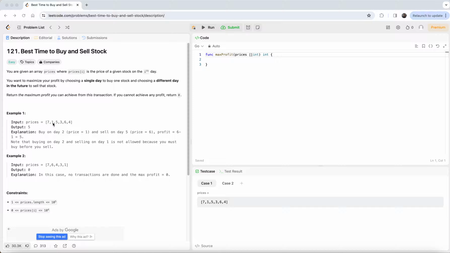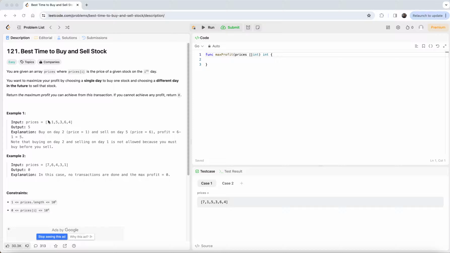Left at 7 and right at 1, and then we'll check: whatever the price at the left pointer, that's the price to buy the stock. The first one we buy and the second one we sell. If it is greater, then we can move